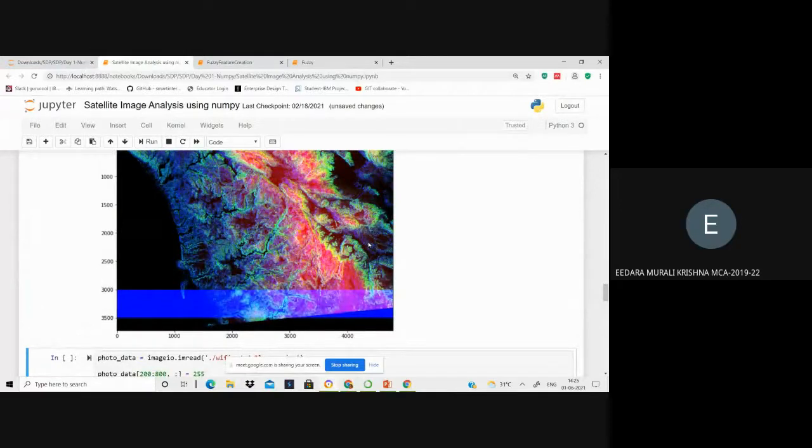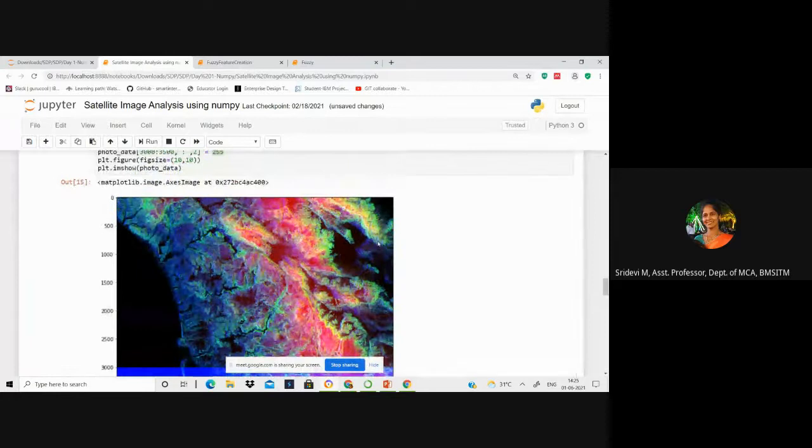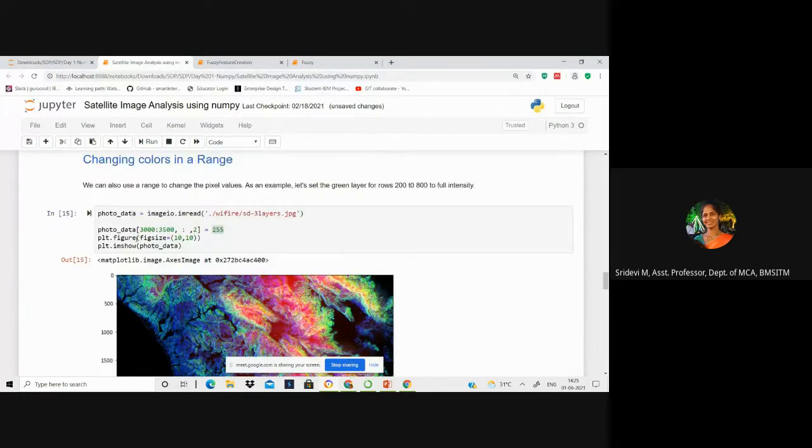Yes, right? This is how you can manipulate the image given to you by referring to each of the pixels as an array. You know very well how to slice the array, right? Now the slicing operations will help you to select a particular location.